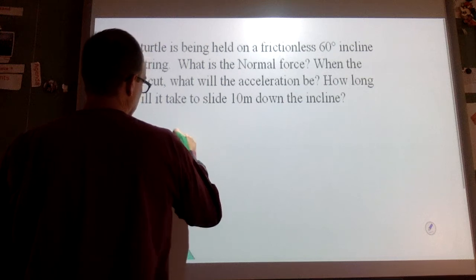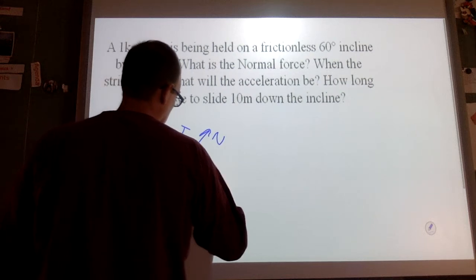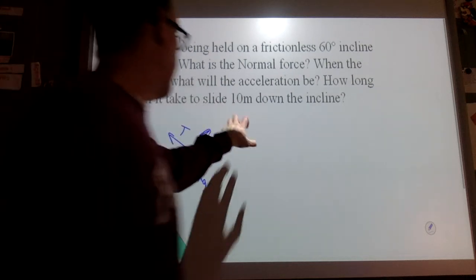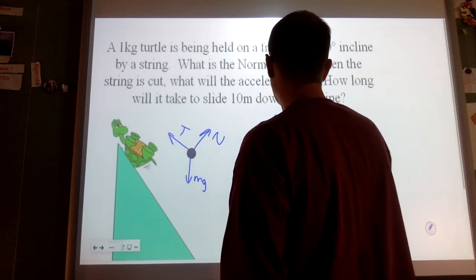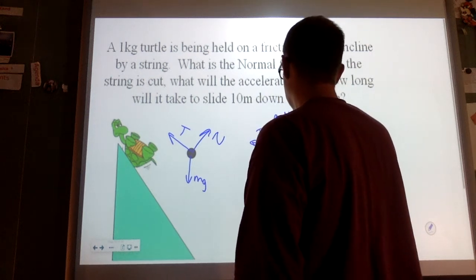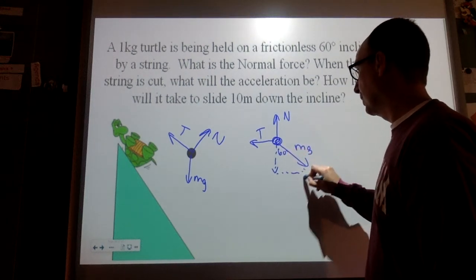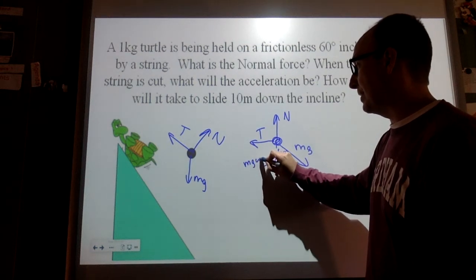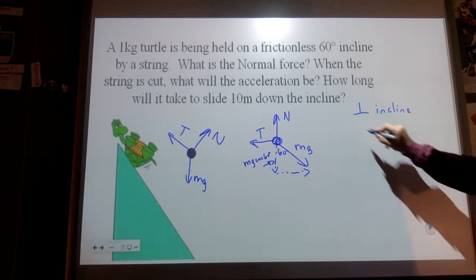So tension is going to go up. Normal is going to go normal, which is perpendicular. Weight's going to go straight down. I'm going to pick this up, spin it, and put it back down. So it's no longer a free body diagram. My angle is up there. I'm going to find these components. I want the one that's opposite normal, and it's going to be that one, and that one is mg cosine of 60. And I'm going to say perpendicular to the incline,